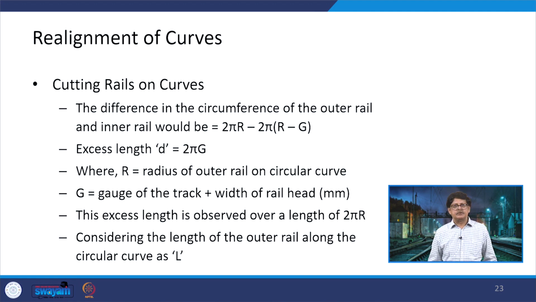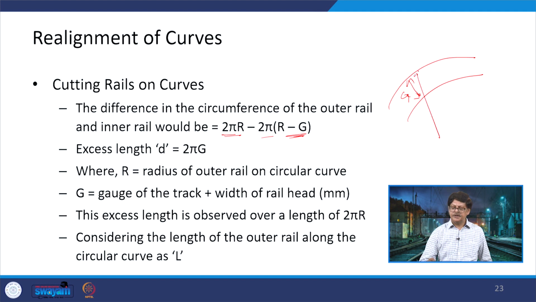The difference on the circumference of the outer rail and the inner rail is 2 pi r minus 2 pi (r minus g), because on the inner side, if this is the track, this value is g. This radius, if we take it as r on the outer side, then the radius on the inner side will be r minus g. So, what is the extra length which is being travelled? This is 2 pi r minus 2 pi r plus 2 pi r g. So, what we get is 2 pi g. So, this 2 pi g is being travelled extra,